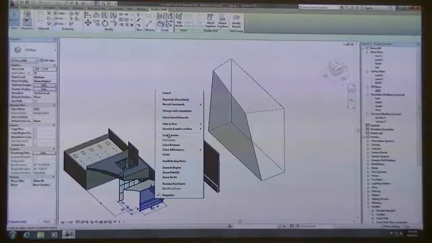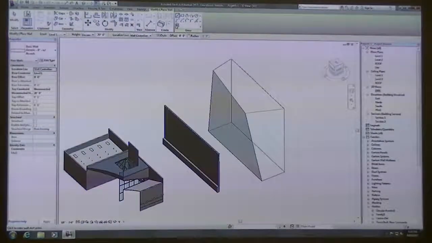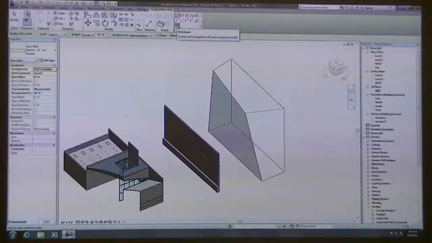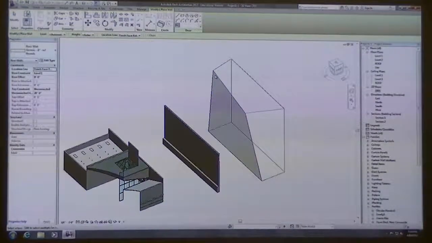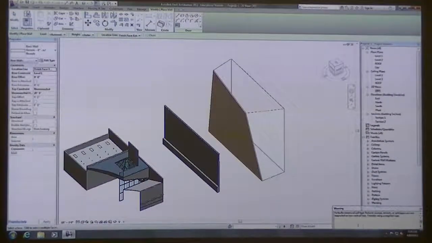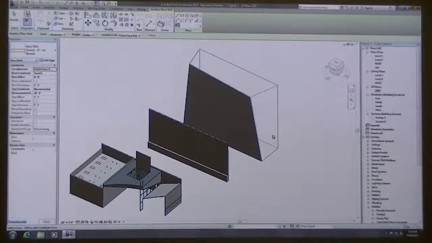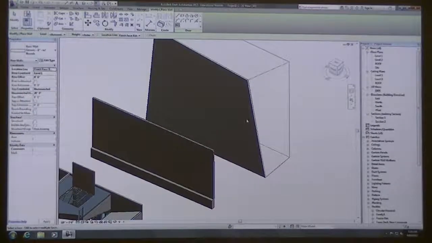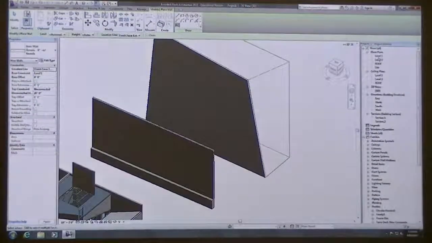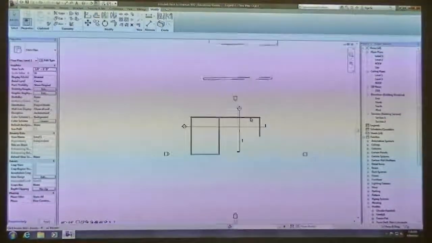I'm going to right click, create similar, and I'm going to place by picking a face. So if I click pick face, and I pick this, Revit yells at me and says, vertically compound wall type features sweeps, reveals, or splits that aren't supported by non-vertical faces. So basically it creates your wall, but it doesn't create all those reveals and all that detail that you put into it. So that's what I meant by it has to be a straight up and down wall all the time. But let me go into my level 1,